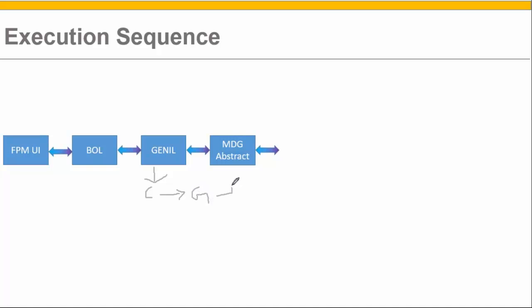Governance will call the MDG abstract layer. So there are certain programming layers in between, which I did not mention when we were discussing this execution sequence. Right now we need to understand that Genil does not call the MDG abstract layer directly. If it does, then the data quality checks would not be performed. And hence that's the reason